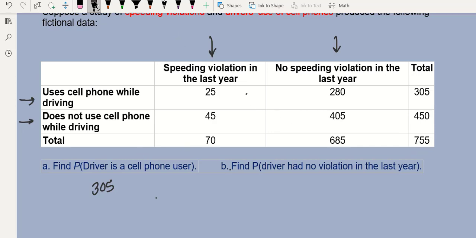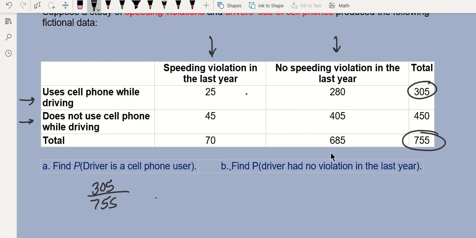So the users of cell phones that are driving would be 305, like I stated, and our grand total will be 755. So 305 divided by 755 will be our probability that a driver is using a cell phone. Now, to find the probability that the driver had no violation in the last year,